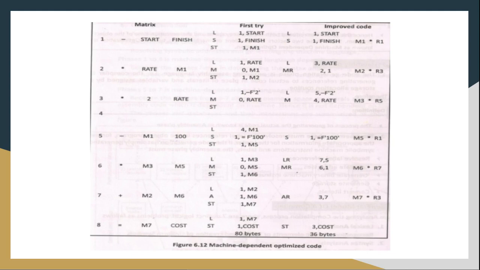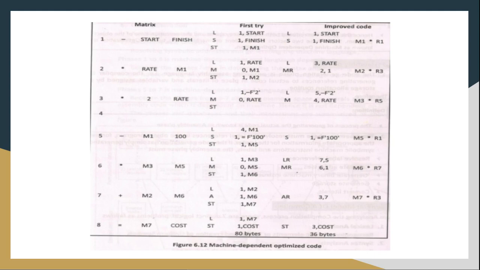So first we are storing the start value into register 1, that is the first instruction, L1 comma start. There is no change in that. Next, subtract 1 comma finish, that means subtract the value of finish from the content of register 1, that is start. So we have done start minus finish and the result is now available in register 1. But we are not going to store the register 1 value into M1. Instead, we keep register 1 representing our M1. So we have to skip the line ST1 comma M1. Okay, so let it be there.